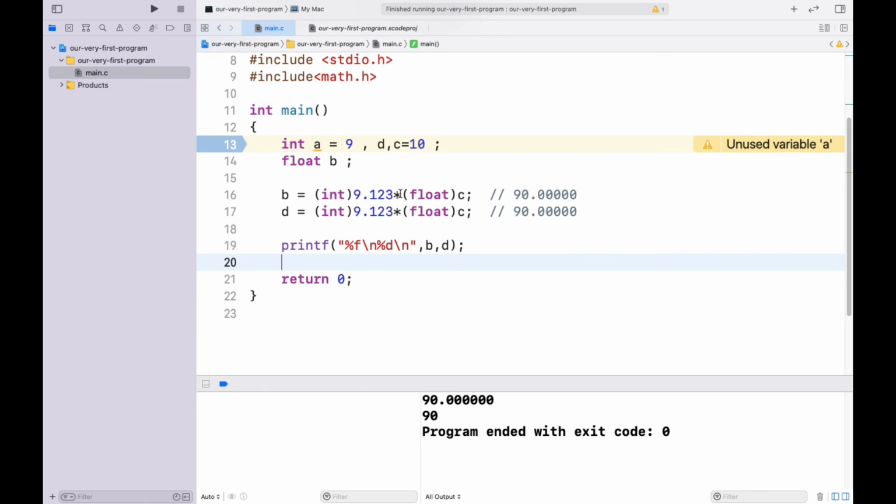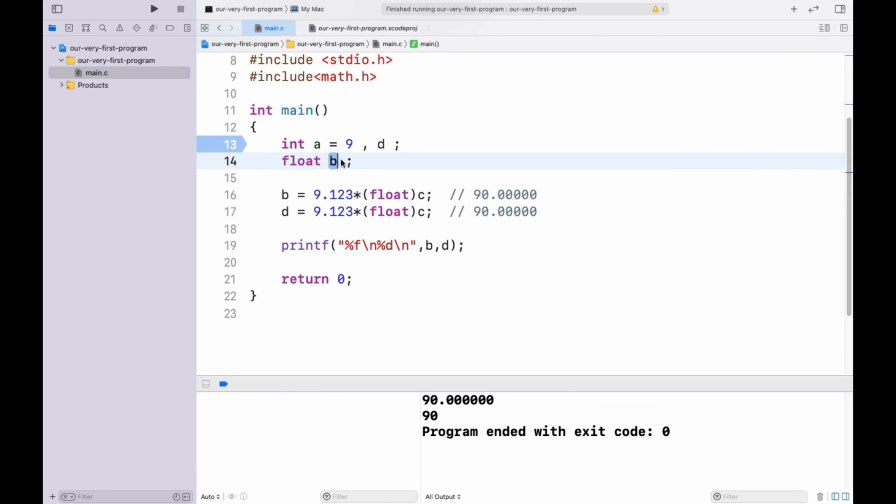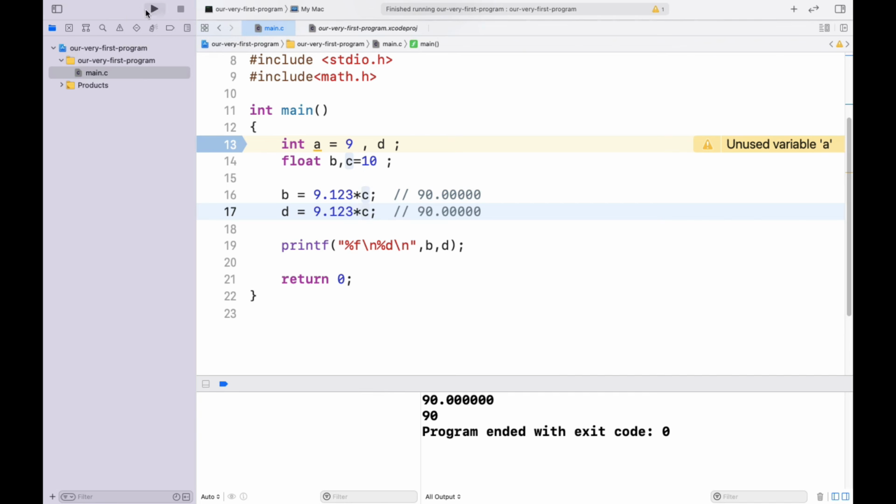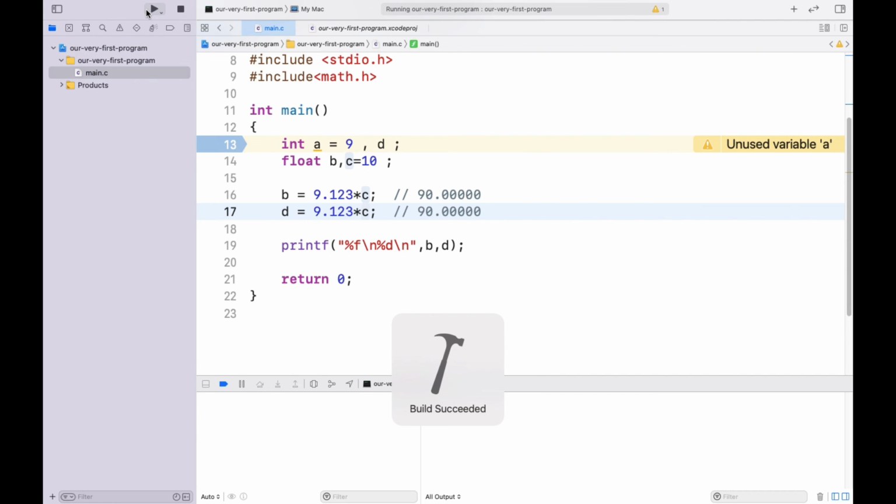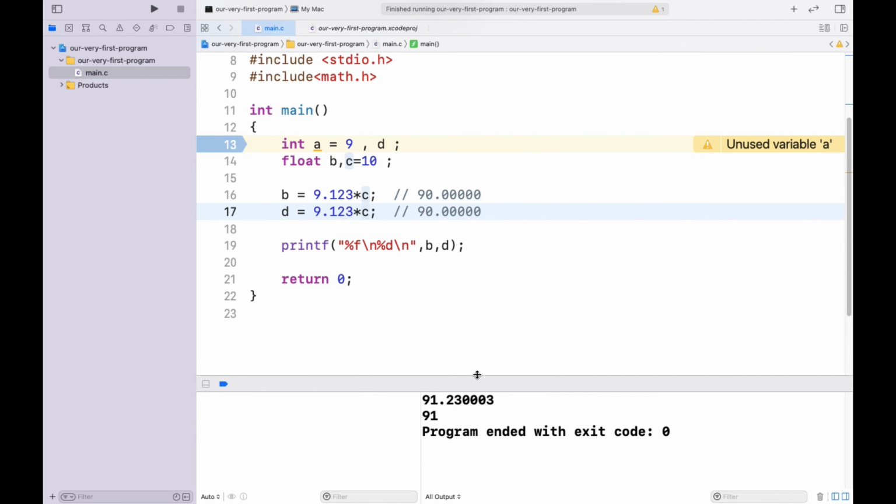Let's take C as a floating variable. What will happen now? Obviously we should expect 91.23, and in case of 9 we are getting 91 only.